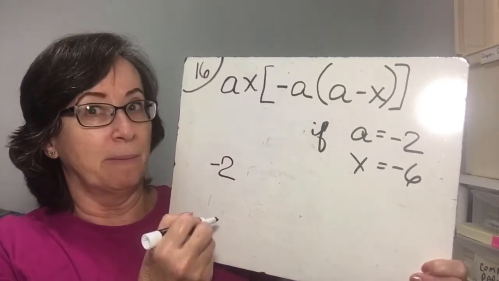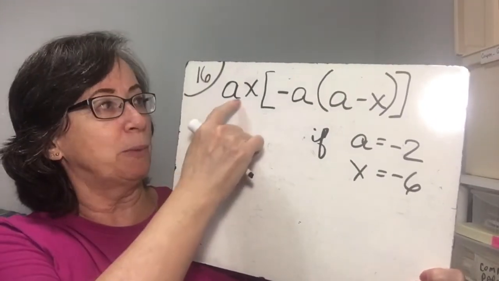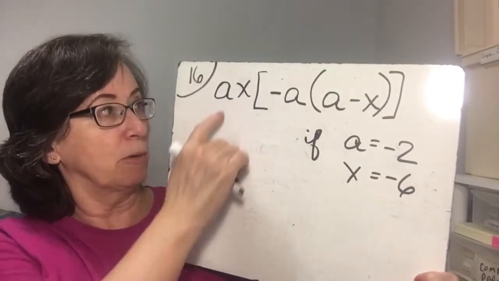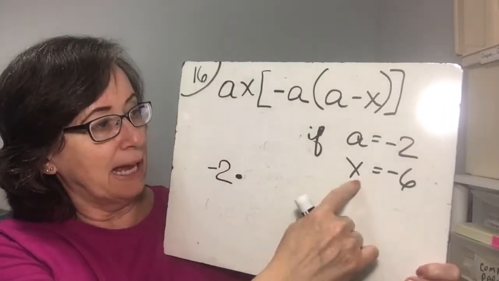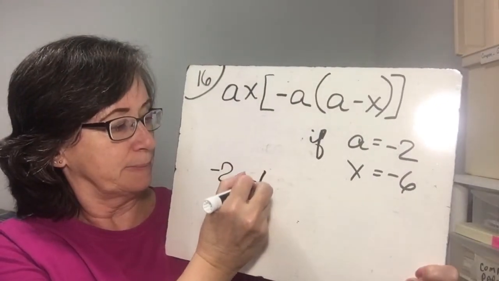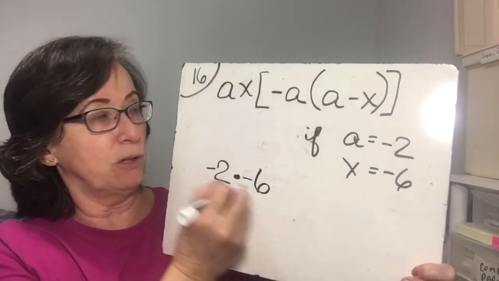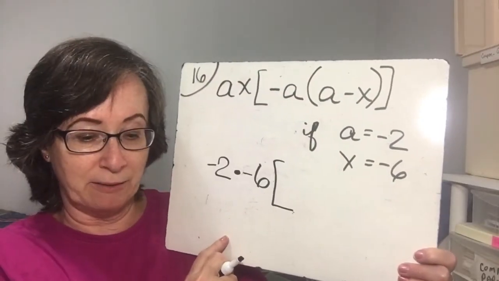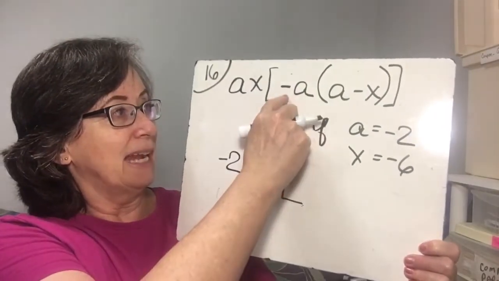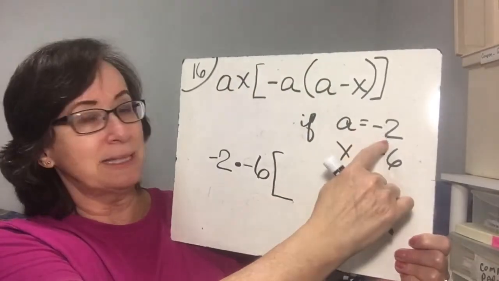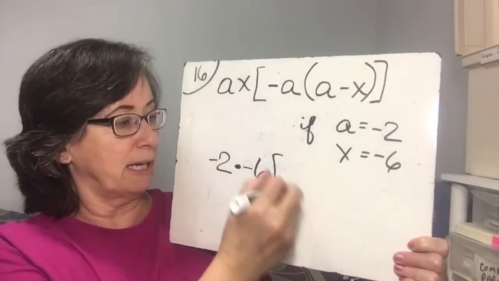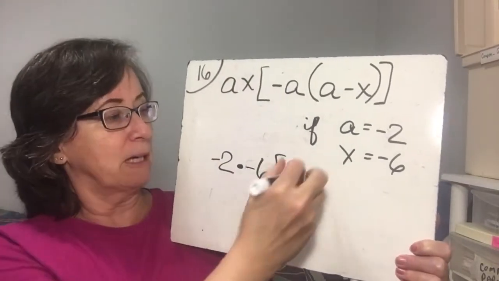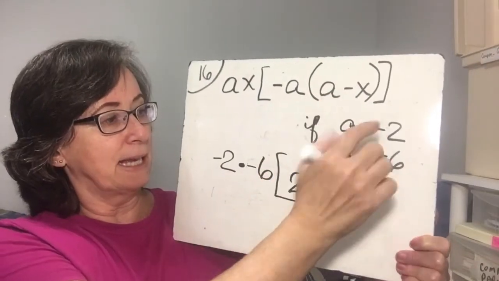All right, so I'm not going to put it in a parenthesis, but I am going to put a times symbol, because these two are multiplied together. And then x is a negative 6. I'm going to have to do those in just a minute, but I do have the times symbol to remind me that they are multiplied together. Then the negative a is the opposite of the negative 2. Well, the opposite of the negative 2 is positive 2. So you see how I'm kind of doing the math as I go along? And then a is a negative 2